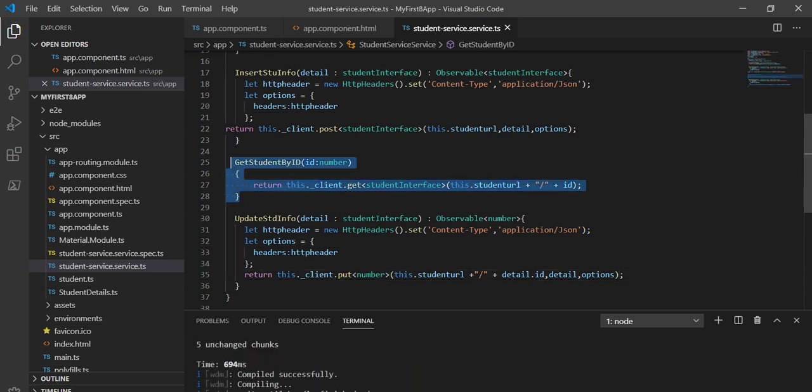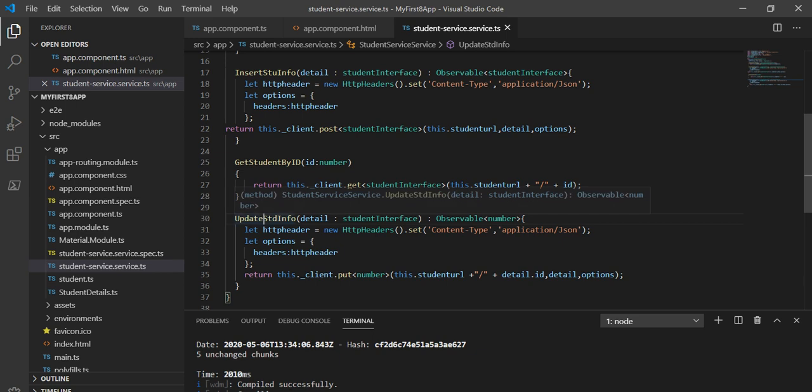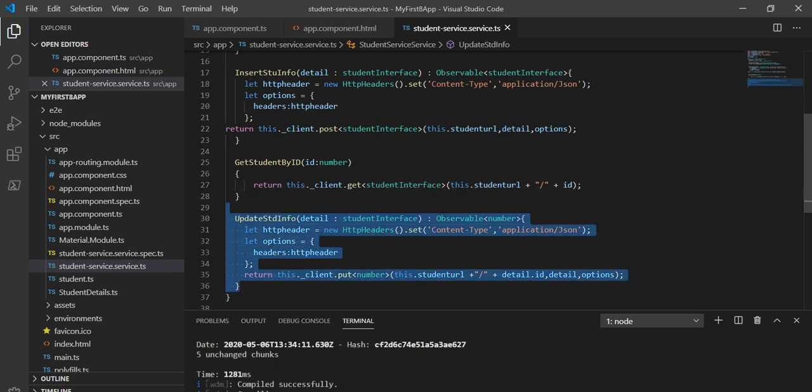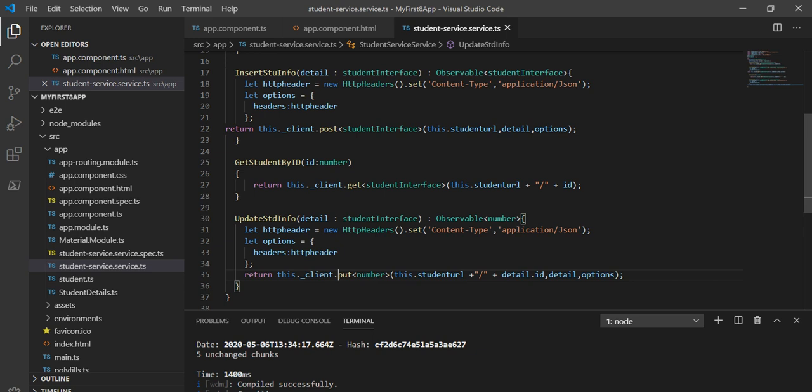First we created a service for get student by ID, and next we created a method to update the student information. This is similar to the insert student info, only here we have kept it as a put, and the observable type is a number, and we are going to update the particular student ID.